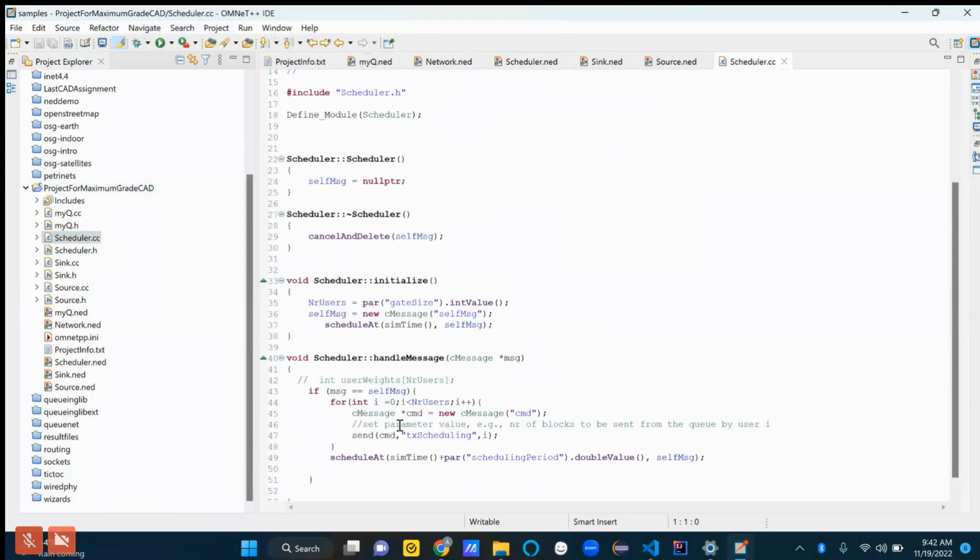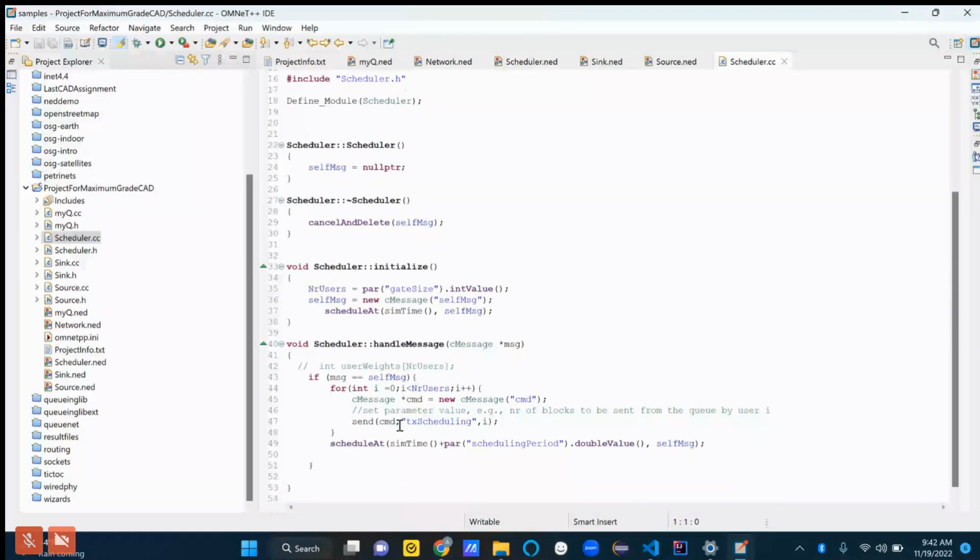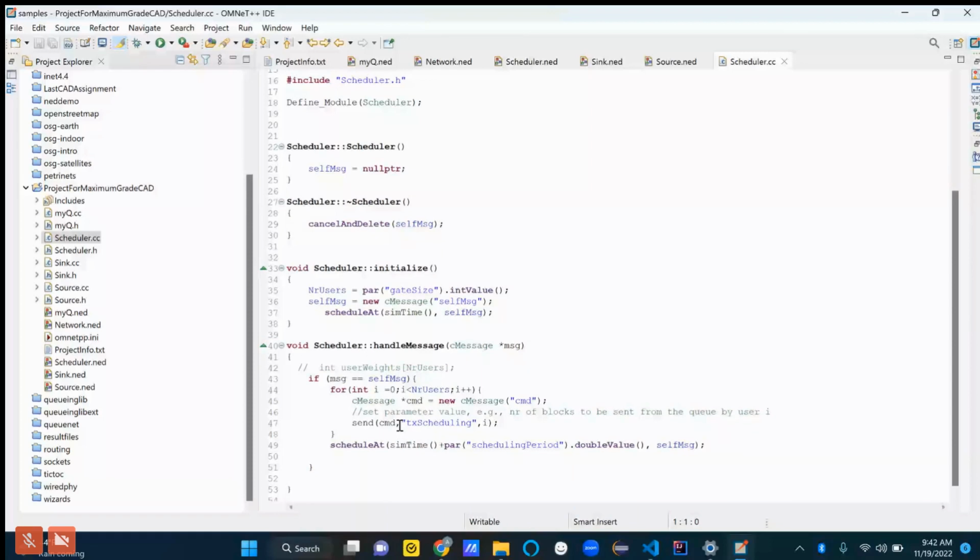Okay. And so just really briefly, the stuff at the top, this is going to implement the interface in scheduler.h. That should be totally expected. We do this define module thing, and that's to register the C++ module with OMNeT++, fine.